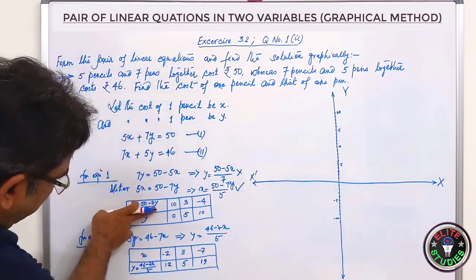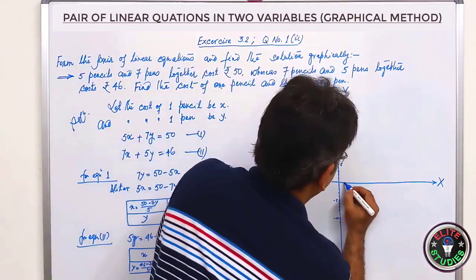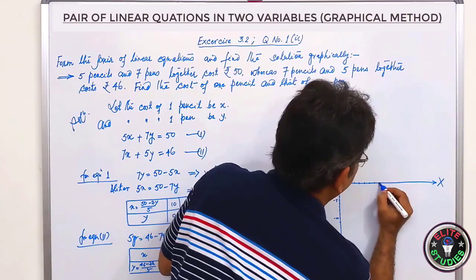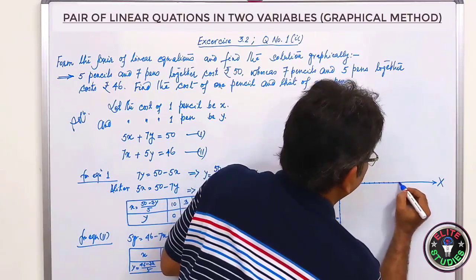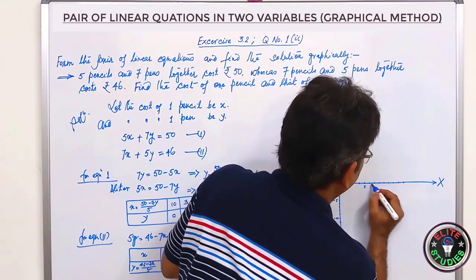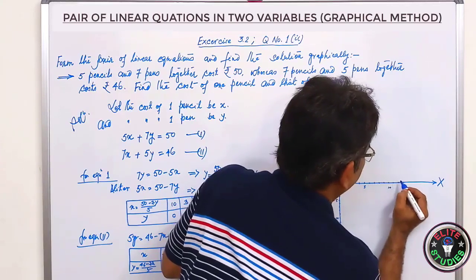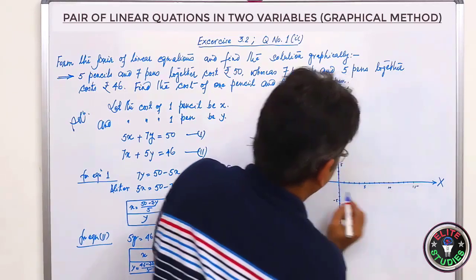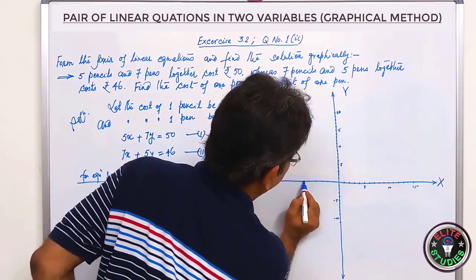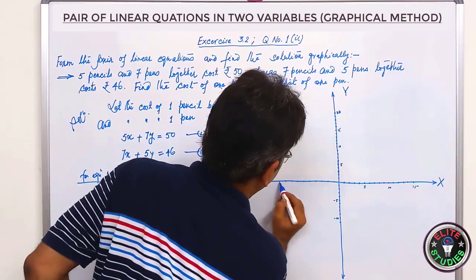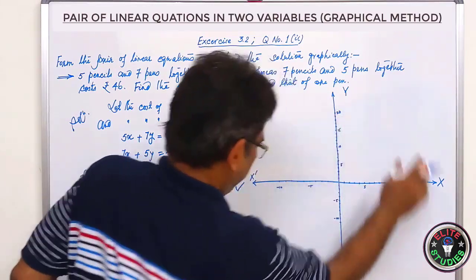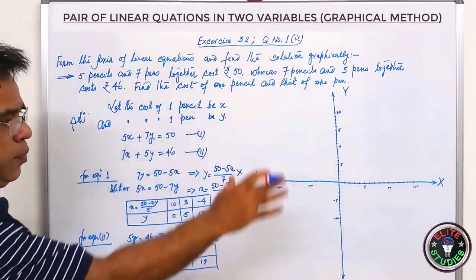Now here, on the x-axis, the maximum is going up to 10. So 10 is enough. So it will be 1, 2, 3, 4, 5, 6, 7, 8, 9, 10, 11, 12, 13. Similarly here, 1, 2, 3, 4, 5, 6, 7, 8, 9, 10, and 1, 2, 3, 4, 5 and 6, 7, 8, minus 10. Now on a graph paper you can beautifully make these things.